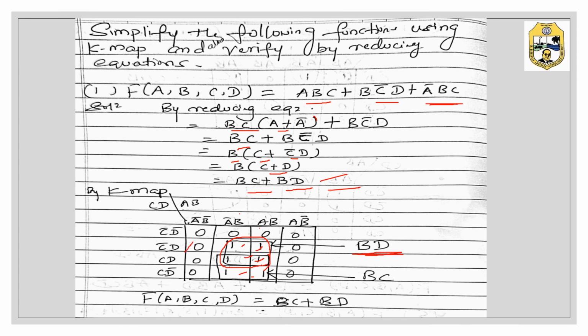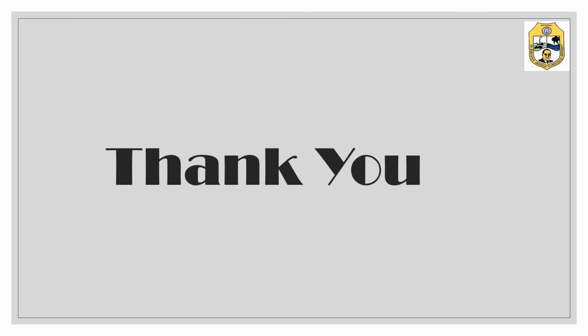So when you make again a group of these fours, what happens? Common term you check, this is C and here it is taken as B. So BC is the final term. So how is it written? BC plus BD. So both are equal. So this is simple as compared to solving the expression. So that is the importance of K-map. So thank you. Thanks a lot.